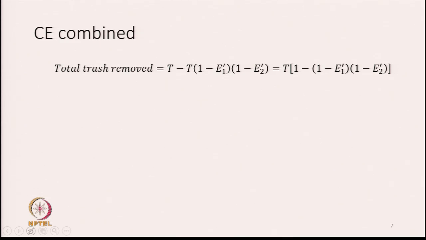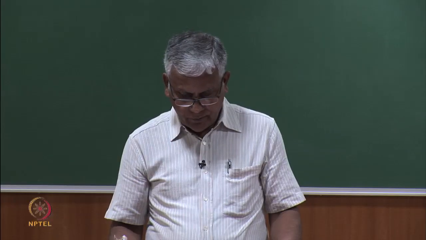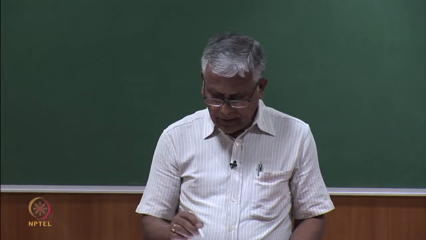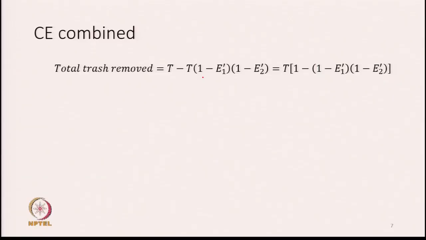Total trash that will be removed is the trash which was fed, T, minus the trash that has moved forward. So, what we see here is T into (1 minus E1 dash). What is E1 dash and E2 dash? We must first try to be clear. E1 dash and E2 dash representing